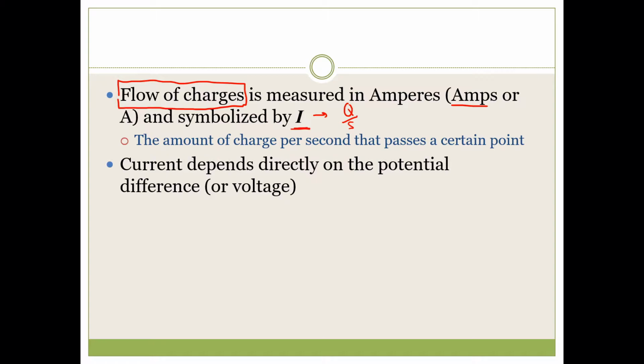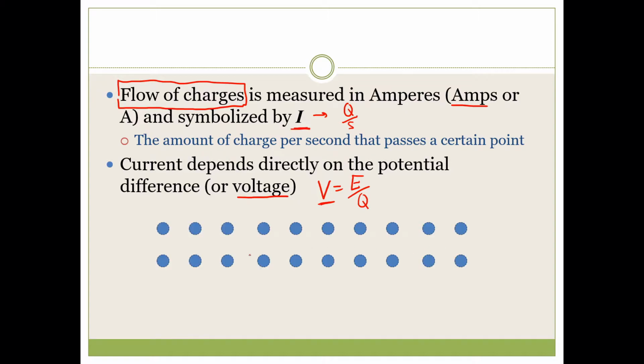Now, interestingly enough, the current depends directly on your potential difference, otherwise known as voltage. Because if you remember, voltage was the amount of energy per charge. And basically, the more voltage you have, the more current you can create, because the charges will have more energy. So you can think of it as the charges can move faster because they have more energy. The charges move, and as you get more of these charges moving, you have more flow of electricity,